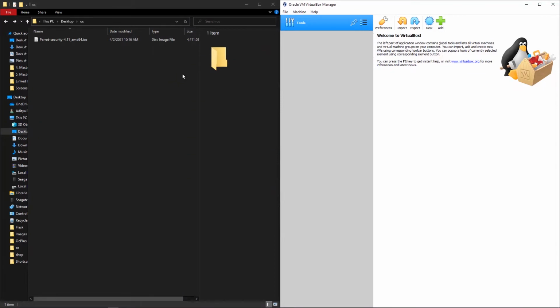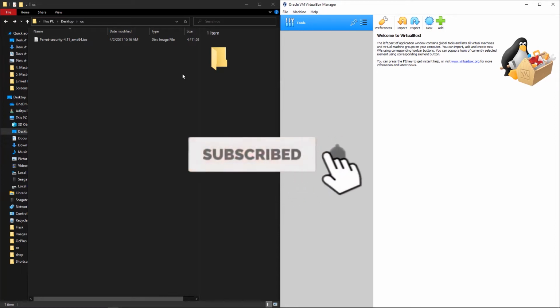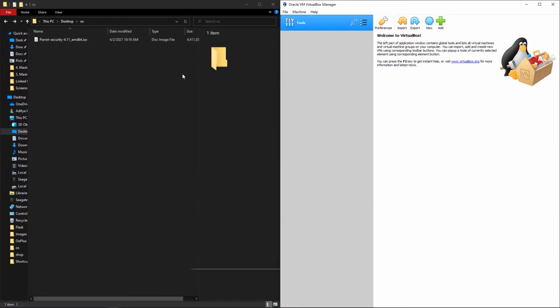So first of all, you need to open up the VirtualBox software. Once the VirtualBox software is up and running, which you can install by simply following the steps, next, and then it will be installed. Then what we need to do is go to the VirtualBox software, and then we have